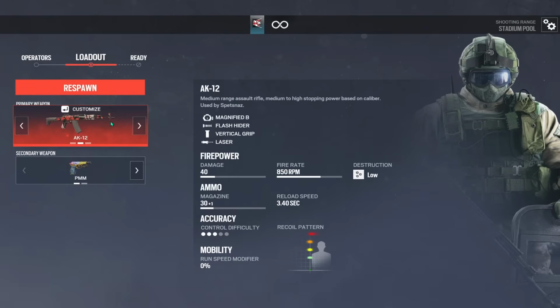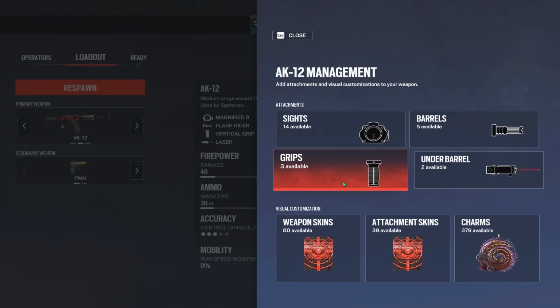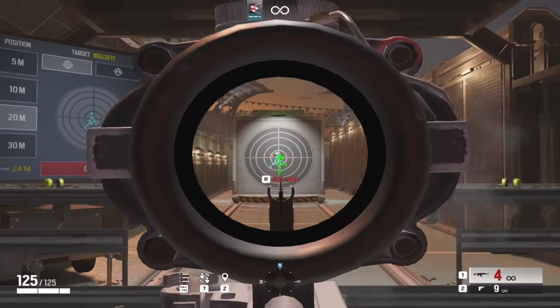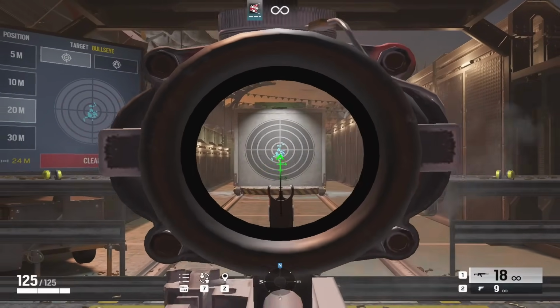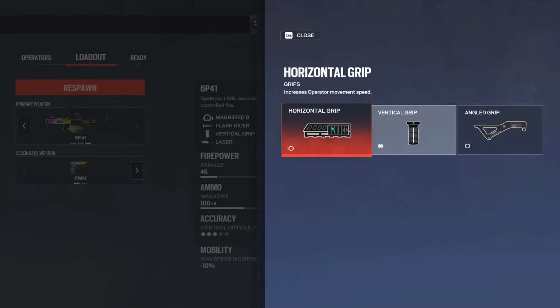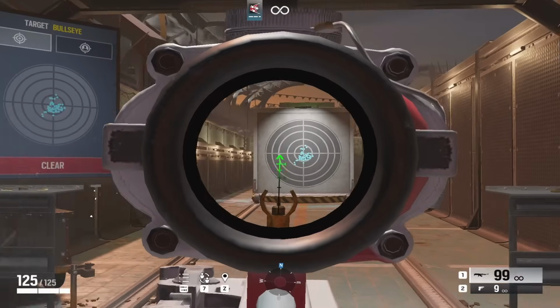Moving on to Fuze, AK, and also Ace AK-12, you want to run ACOG, flash hider, and vertical grip. So for better recoil, you want to play flash hider and vertical grip. For the LMG, basically the same thing. However, you can use horizontal grip. So now I can move a bit faster. And for the recoil,